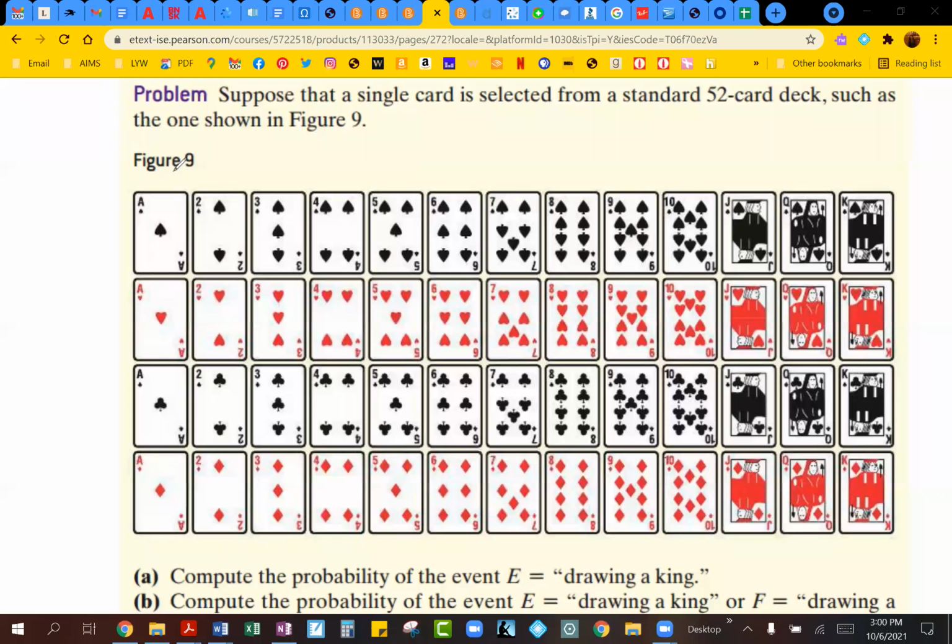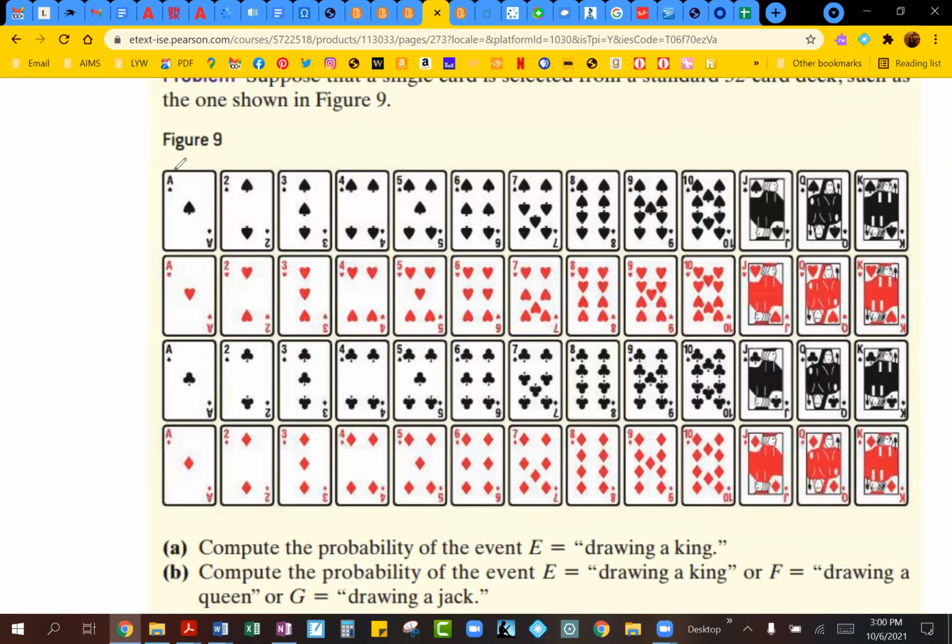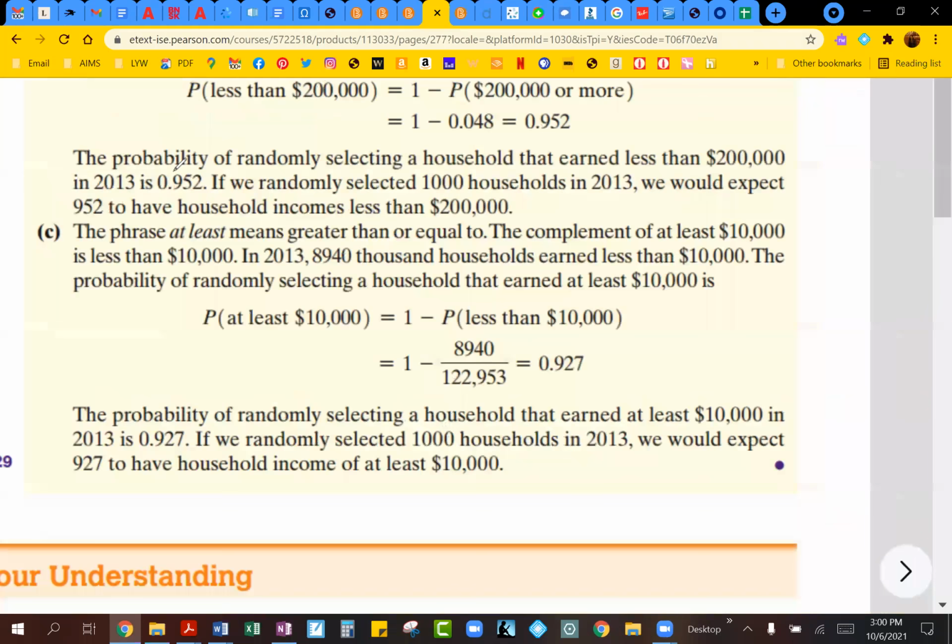So just as a quick review, you can see they're starting with ace in each suit. They go with 2, 3, 4, 5, 6, 7, 8, 9, 10. And then we have what we call the face cards, the jack, king, and queen. That's for each of those four suits: spades, hearts, clubs, and diamonds. So you can see what that breakdown looks like. Keeping this in mind, we'll go back to our number 31 here.